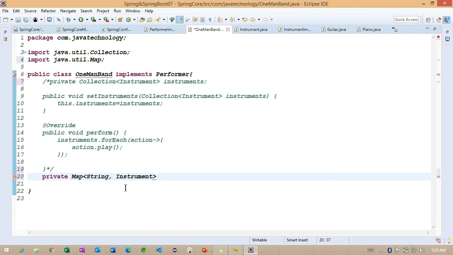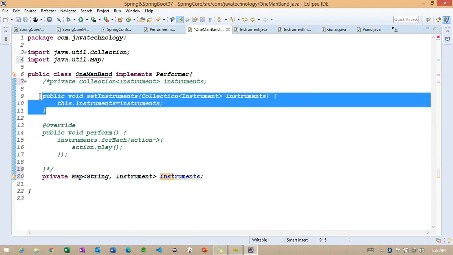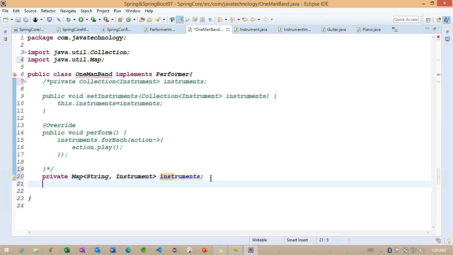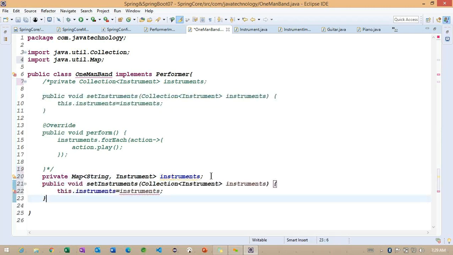So in the same way we are going to work with the instrument. Right. So we define the variable called instrument here. Whenever we define this particular instrument here, what can we do? Again, we need to provide the particular setter injection.